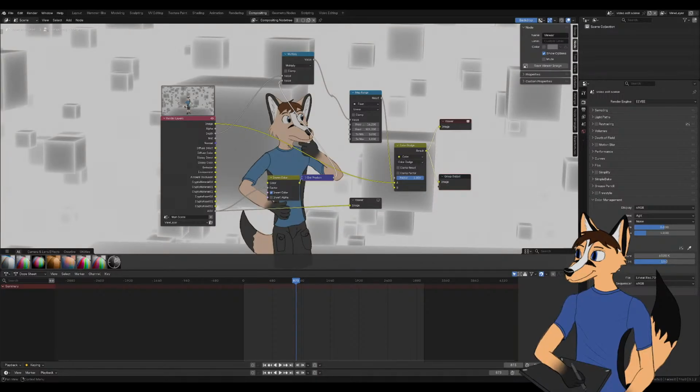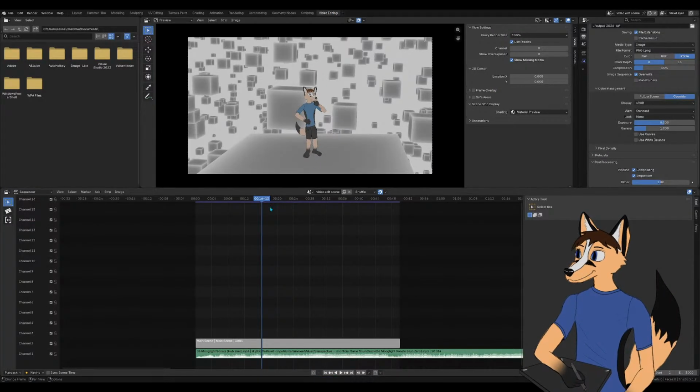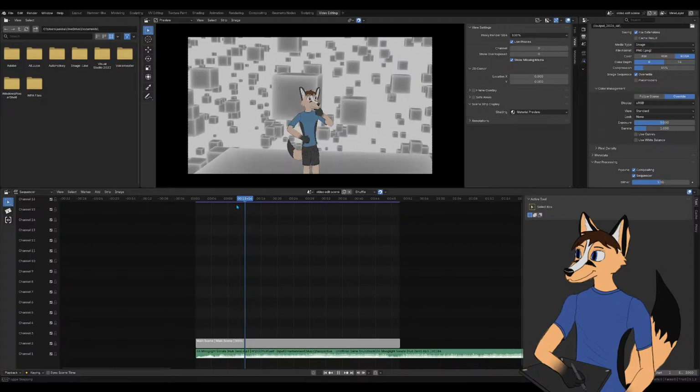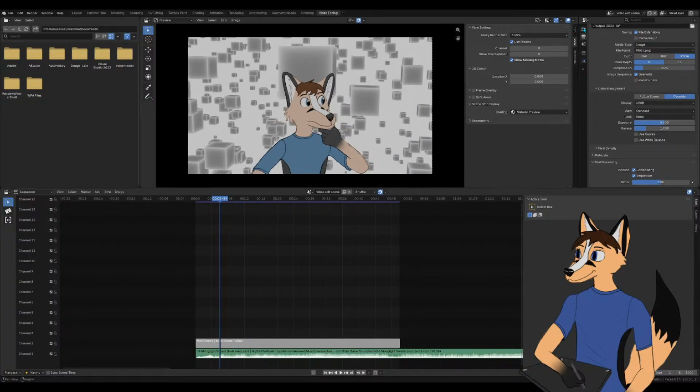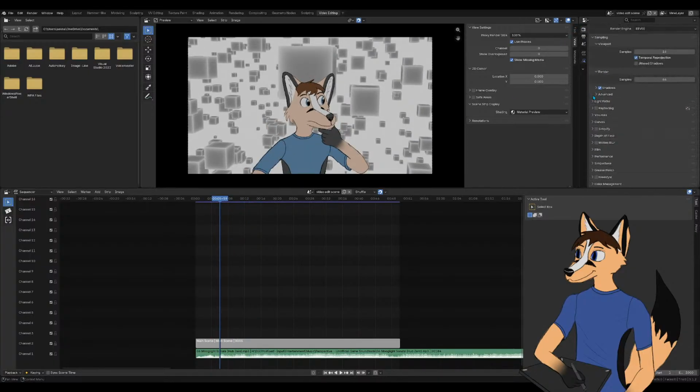Yeah, so I can fiddle around with this and it'll work, but I don't know why the color management, like, this usually is just a simple fix of changing the color management profile. I don't know why it's not doing anything. Maybe it's in the render settings. Probably. But color management, sRGB.